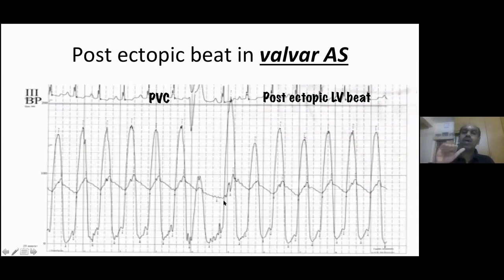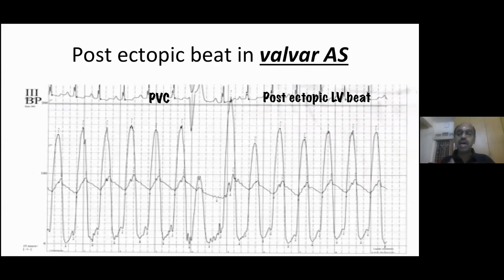So this is the reason why in a post-ectopic beat, if you feel the pulse, you will find a high pulse volume. The high pulse volume is caused by the systemic vascular resistance going down in the previous beat due to acute hemodynamic vasoregulation caused by sympathetic vascular tone. Because the systemic vascular resistance falls, in the subsequent beat there is a larger LV stroke volume and the